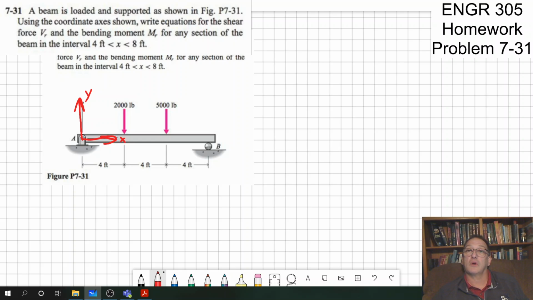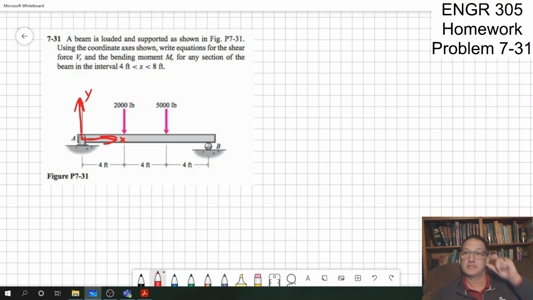They want us to write equations for the shear force and the bending moment for any section of the beam. And I think where this can be problematic is that there are three distinct sections. We need to write three equations for the shear, and three equations for the moment. So that may cause some challenges with this problem, but